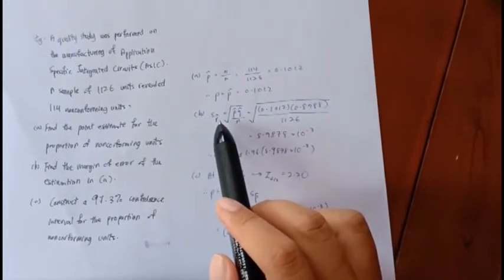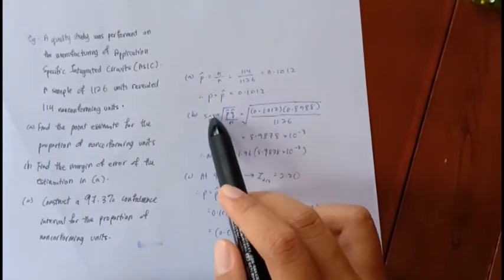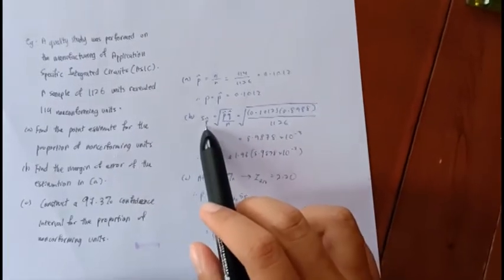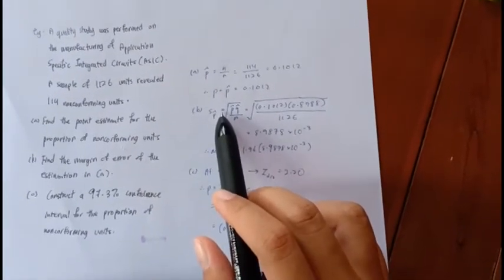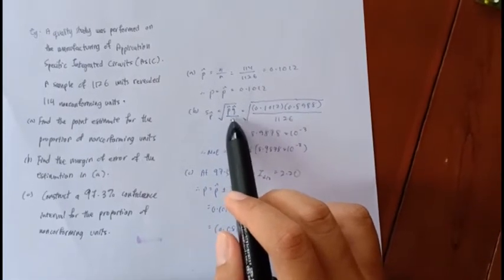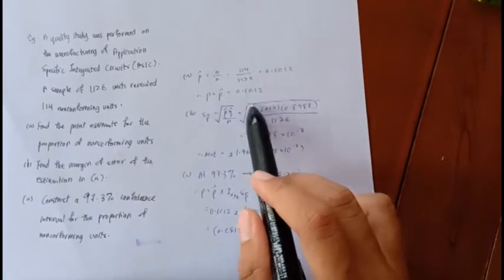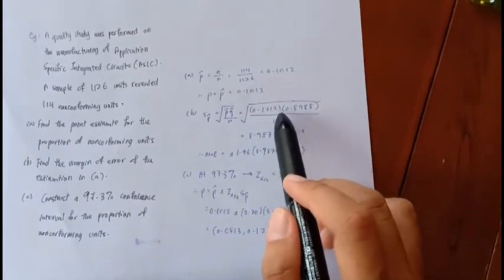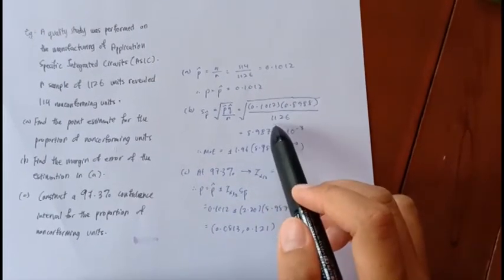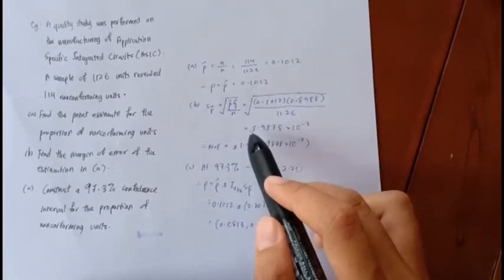Next, B, find the margin of error. So the margin of error is basically the SP hat times 1.96. First we have to find the SP hat, which is equal to the square root of p hat times q hat over n, the sample. So here, square root of 0.1012 times 0.8988 divided by 1126, which gives us the answer